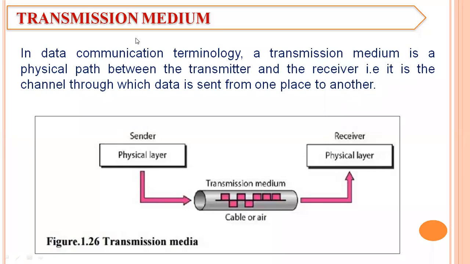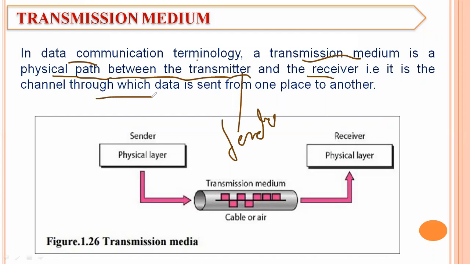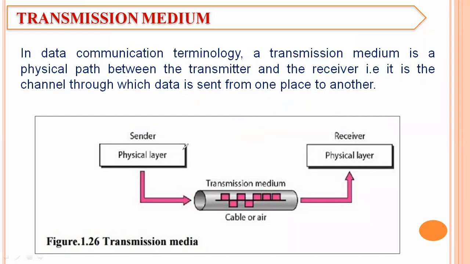So in data communication terminology, a transmission medium is a physical path between the transmitter, who will be the sender, and the receiver, or destination. It is the channel through which data is sent from one place to another. Suppose this is the sender and this is the receiver, and they want to communicate with each other. Simply they are not connected,